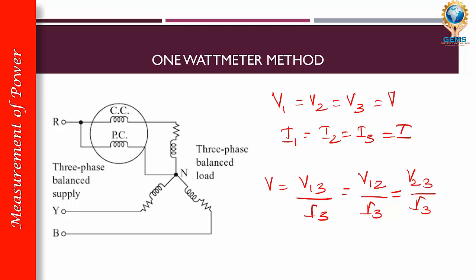So I will have a switch here actually. So when the switch is closed, I will be measuring the phase at B. And if the switch is open, then I will be measuring the phase at Y. So in that case, how can we measure? So we'll see that now.